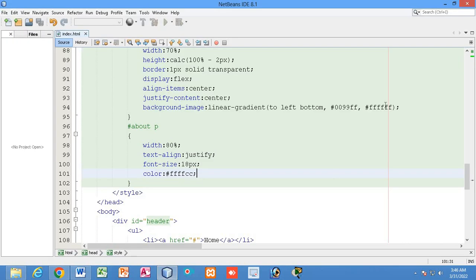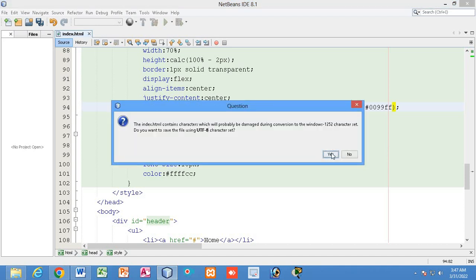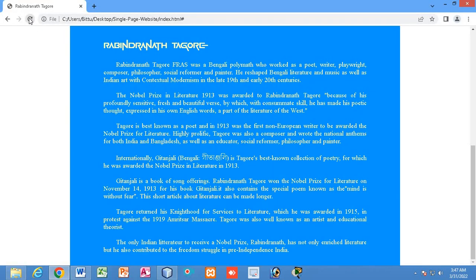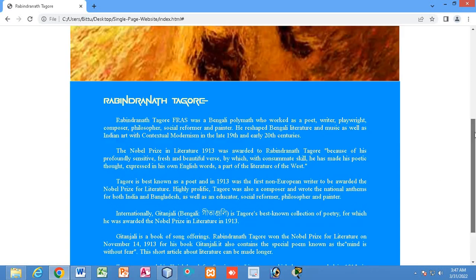To have this color I need to do some changes over here. So here I need to do some changes. So here I write this code. Let me see. So now it looks okay, right?